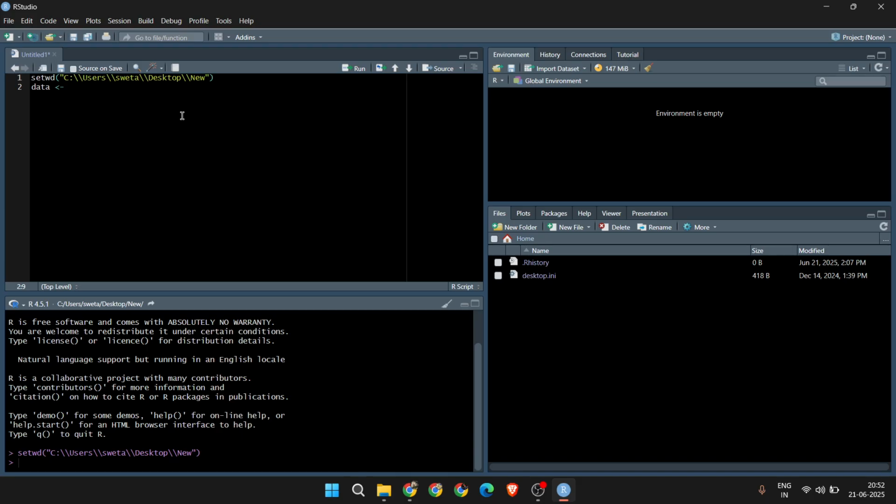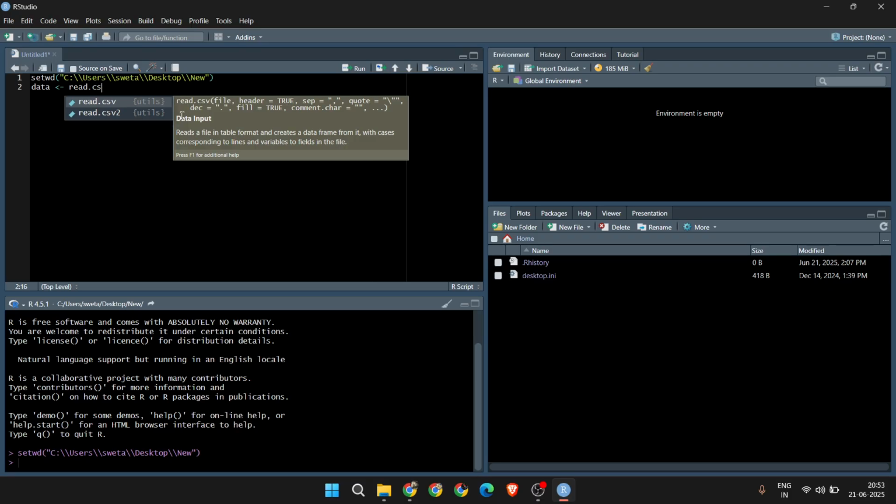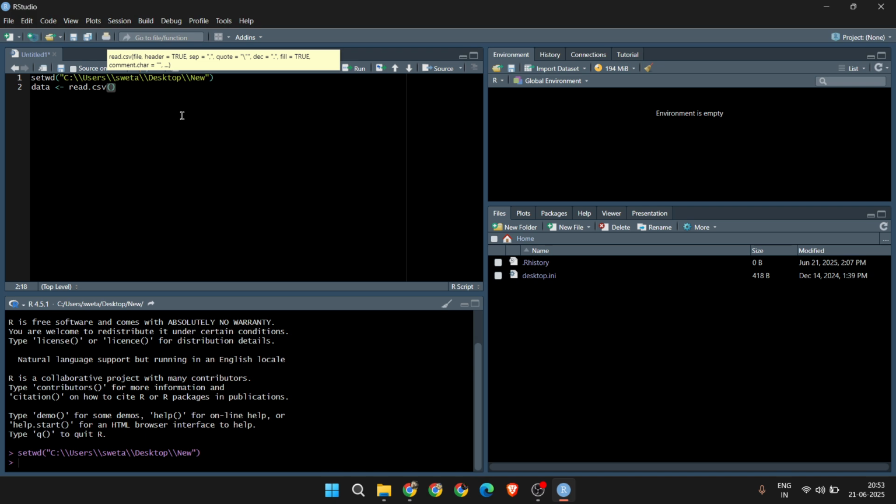And within this data variable, I am reading the .csv file. For that, I am using the read.csv command or function, giving the parenthesis. Now, within this parenthesis, you should use the quotation marks, and within these quotation marks, you should pass the name of the file. The file name, in my case, is gene_expression_data. And it is very important to note that you have to write the extension also